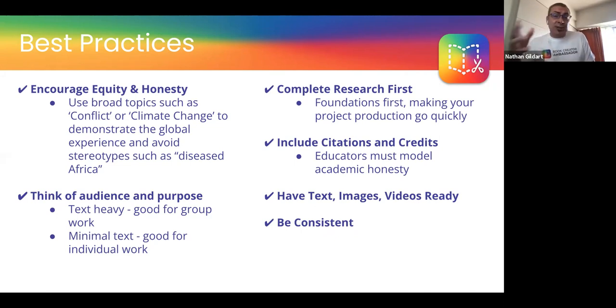And when you or your students create the book, especially when students are creating it, tell them to think about their audience. Who is this made for? What's your purpose? And then again, back to tips and tricks. Do your research first, get all of your material together, because when you go to build your book, you just have to copy and paste whatever you've written up and that kind of thing. So if you have your videos and your text and your images ready, then it makes it go much more quickly.